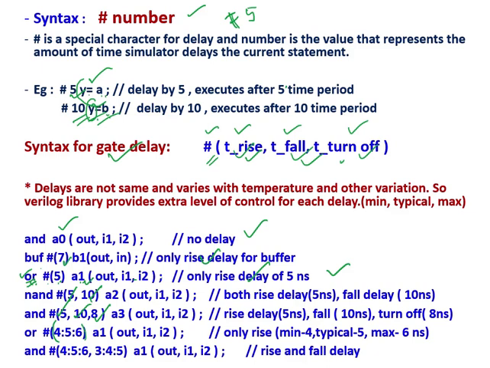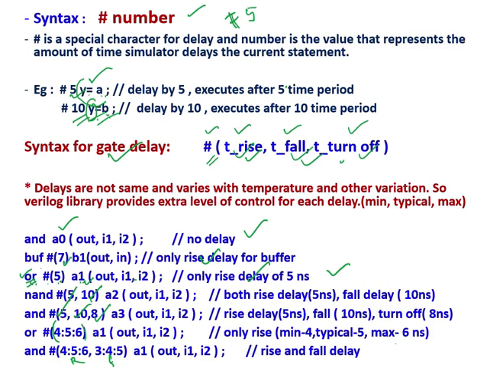Okay, here I have a comma, the first one is rise delay and the second one is your fall delay. But what are all these numbers? 4:5, 4 colon 5 colon 6. Okay, this 4 is called minimum time, the middle one, 5, is called typical time, and 6 is called maximum time. And what are all these things? As we know that delays cannot be the same all the time, right? Because delays also vary with temperature and other parameter variations.